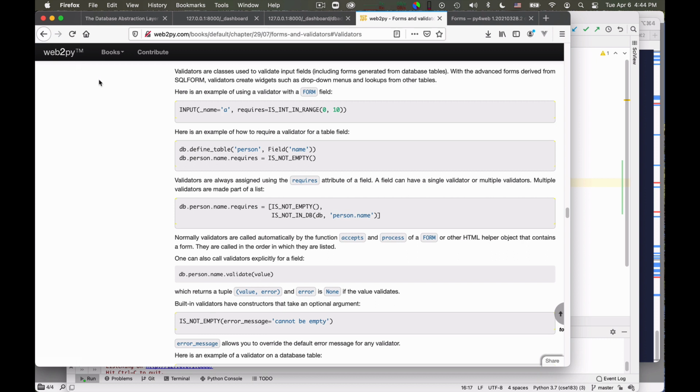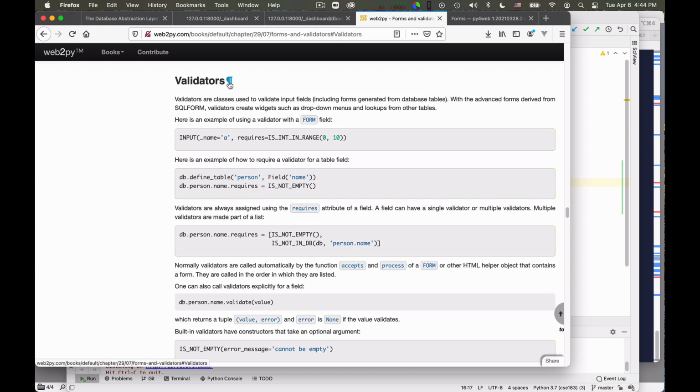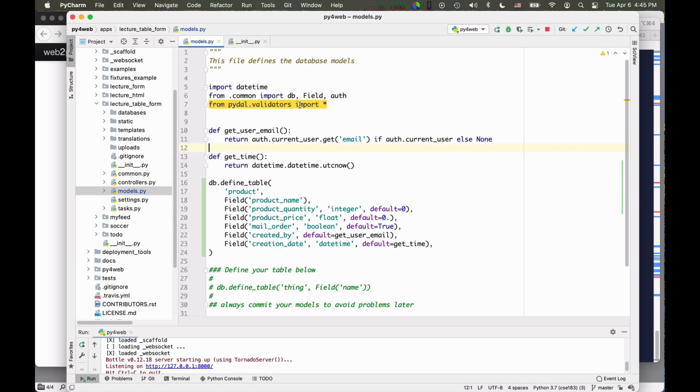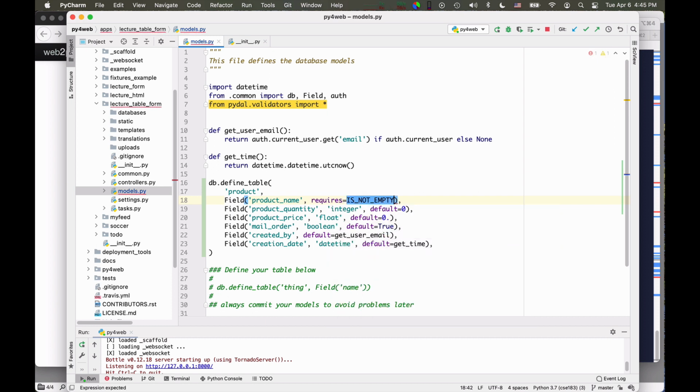They have to be ported, and I believe they will be ported soon. But there is an entire chapter on validators that you can use. Okay? So I imported them all already here, and we can use them by saying here requires is equal to, for example, is not empty. Okay, so I don't want empty product names.